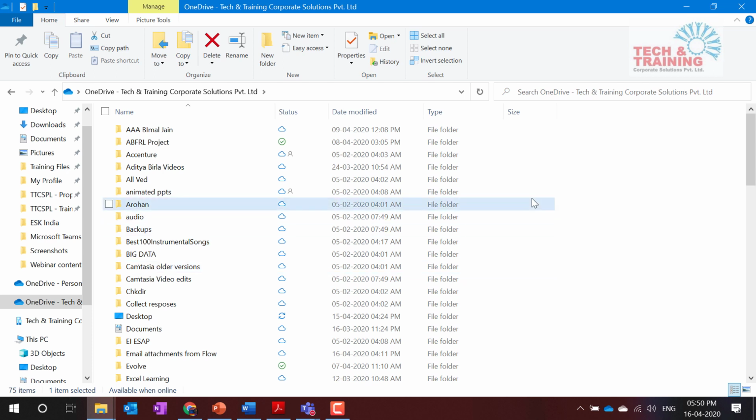One thing you must remember: if your OneDrive is set up outside C drive, then you will not be able to back up the desktop folder and all those things. Both should be on C drive. Your desktop is by default configured to C drive. Your OneDrive should also be installed in C drive. Then only it can back up desktop, documents and pictures.